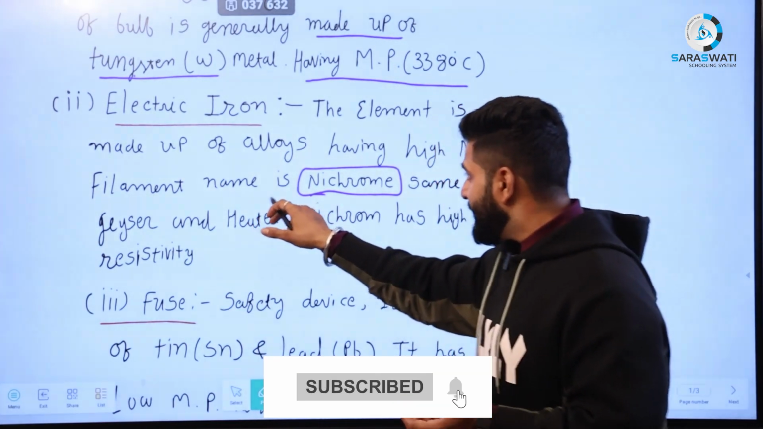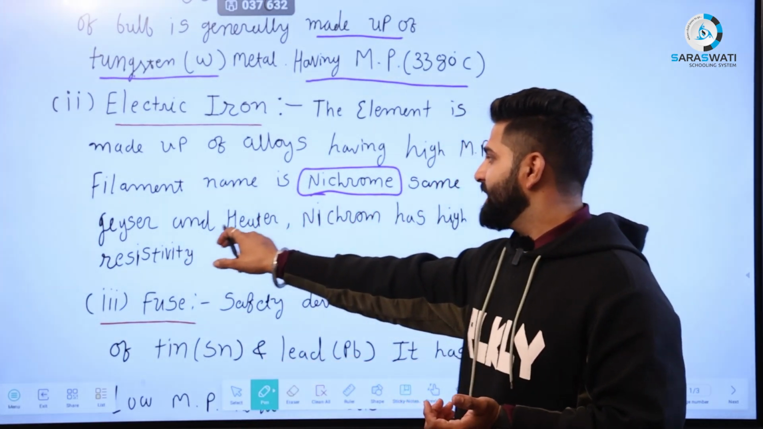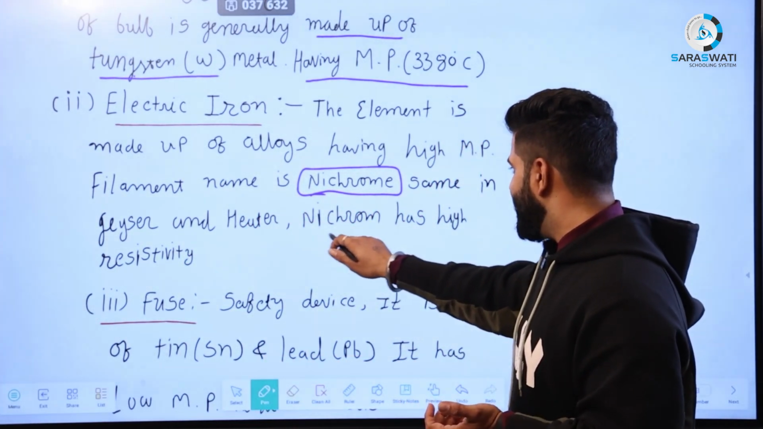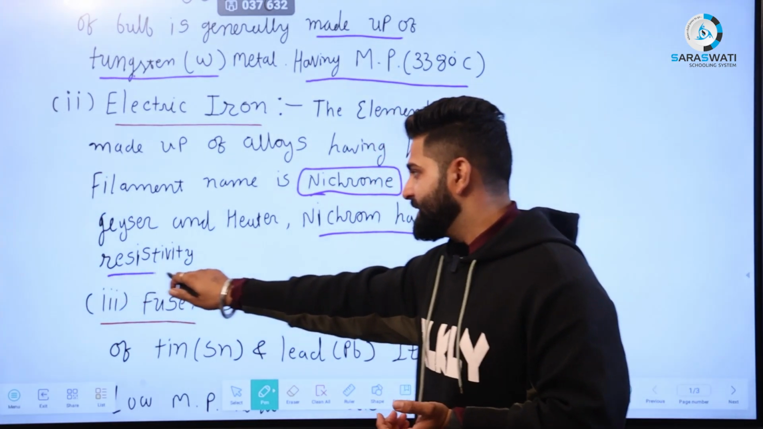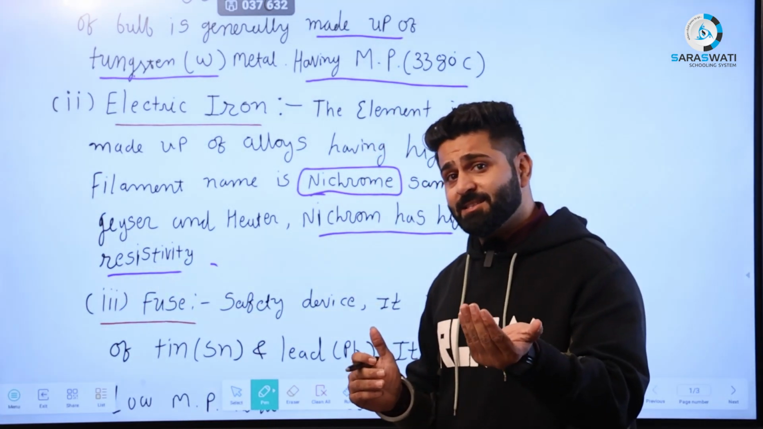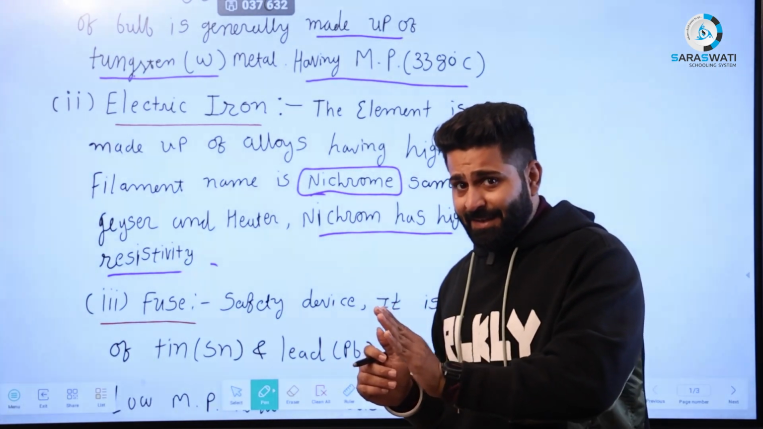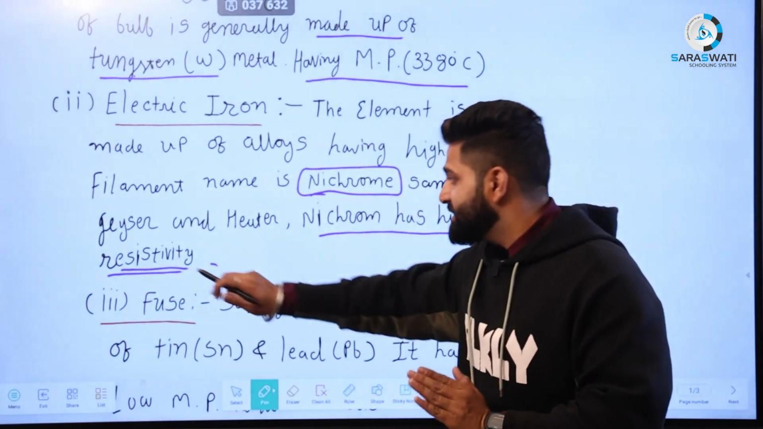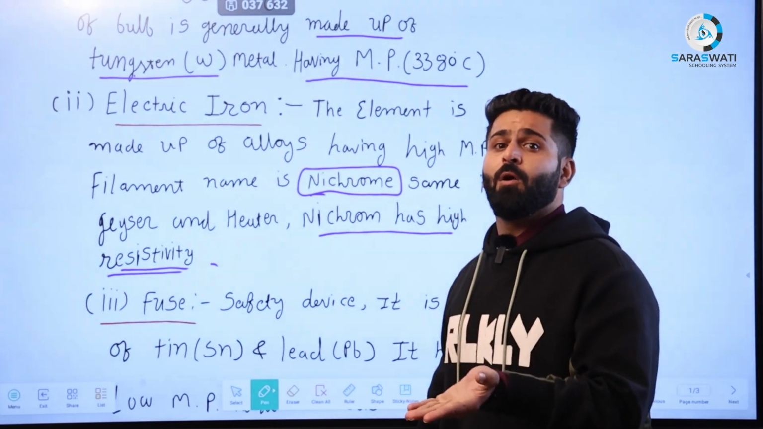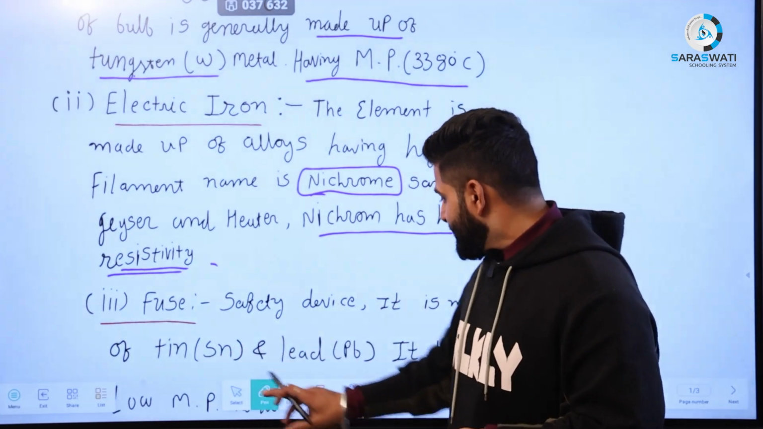Hence, that name is nichrome. The same is used in geysers and heaters. Nichrome has high resistivity. As I told you, it conducts electricity, and due to the high resistivity, it produces more heat. Then